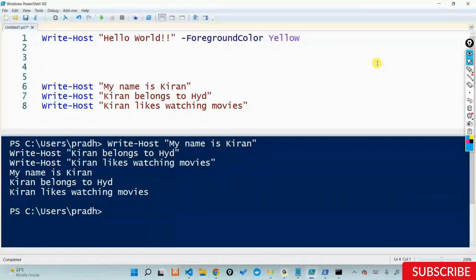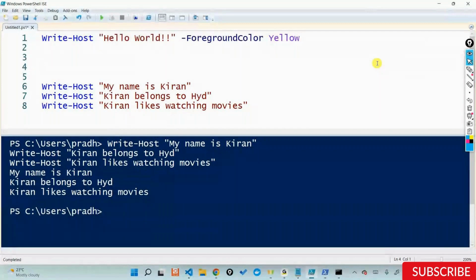What you can do is simple. Let's not treat it as parameters for now. I'm pretty sure everyone would have done their schooling, where you would have done something called algebra. In school we used to do something like x is equal to 5, y is equal to 10, x plus y is 15. So instead of saying 5 plus 10, I am saying x plus y. That x can change, that y can change. In the same way, if I want to declare something in PowerShell, I use something called parameters.